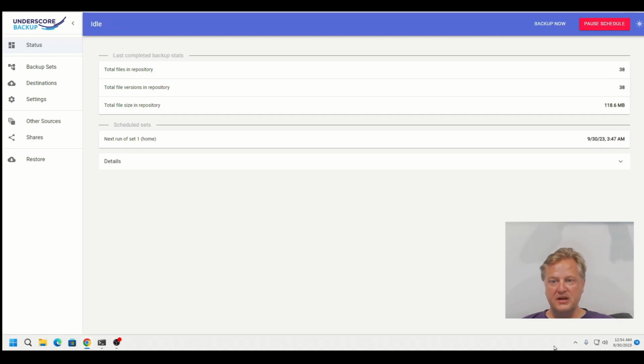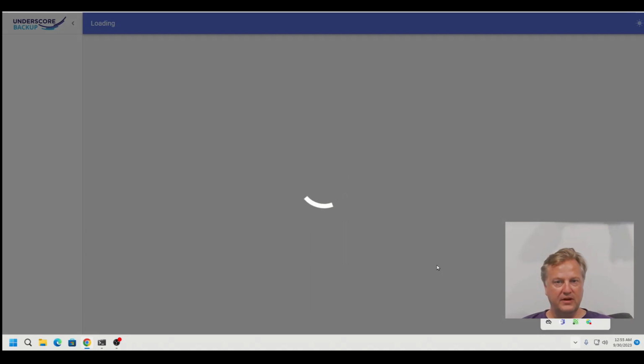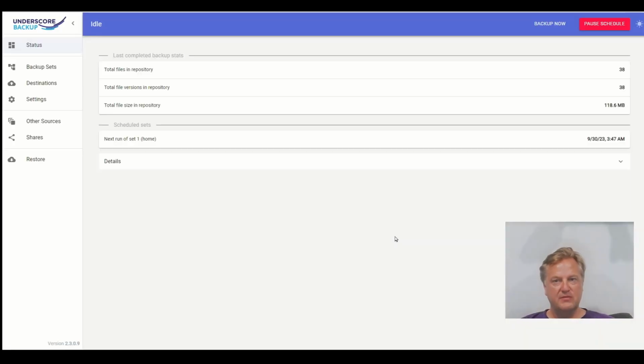And at any time that you want to access your backup configuration, you can go and find this tool bar icon and choose configure, or you can just double click on the icon and you will see the same interface. All right, it's already completed. I don't have a very large setup on this computer, so it's only 120 megabytes. All right, so